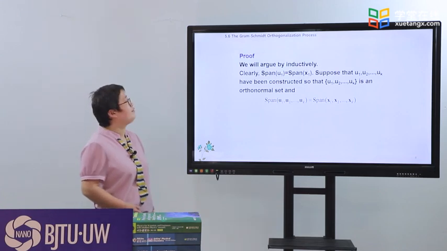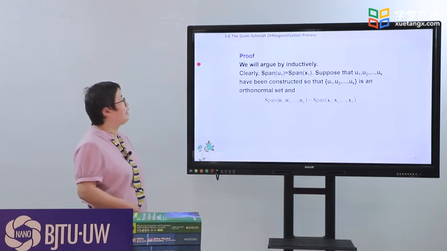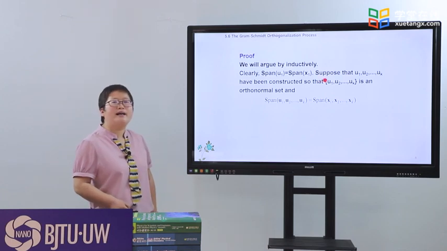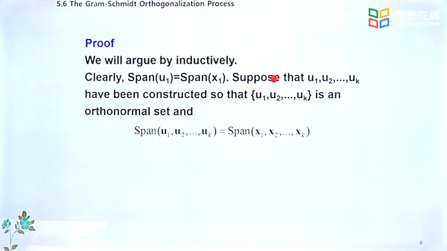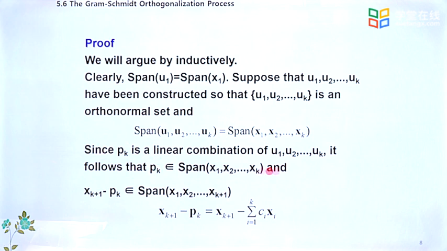So, proof. We will argue this by mathematical induction. Clearly, span of u1 equals the span of x1. Suppose that u1, u2 till uk have been constructed so that u1, u2 till uk is an orthonormal set, and the span of u1, u2 till uk equals the span of x1, x2 till xk. Since pk is a linear combination of the orthonormal basis vectors u1, u2 till uk, it follows that pk belongs to this span of x1, x2 till xk, and x(k+1) minus pk belongs to span of x1, x2